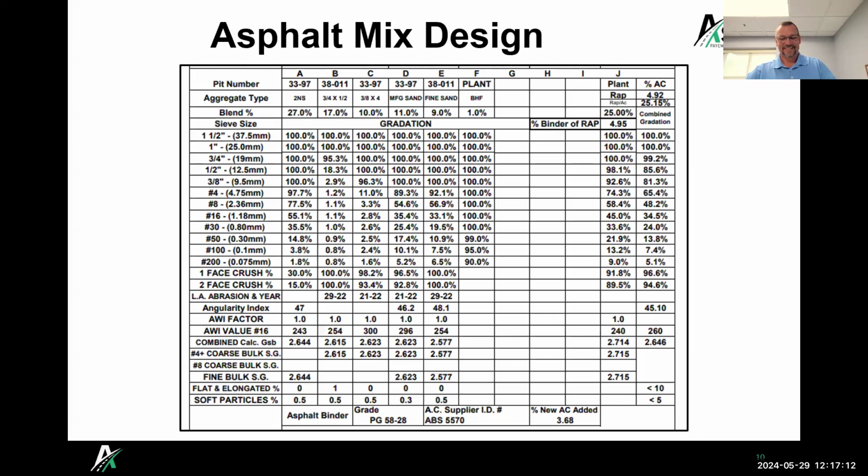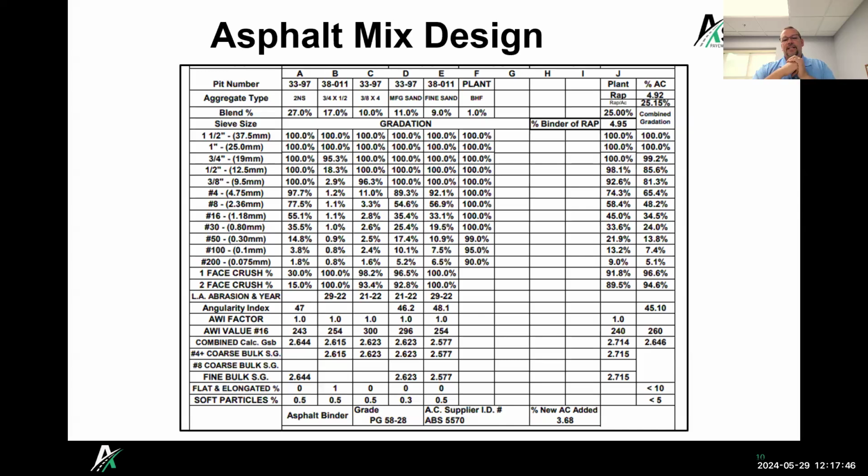All right. So I've got an acronym here. NMAS. Nominal maximum aggregate size is what we call it, and that is a way to characterize what type of mix it is. The way that you calculate nominal maximum aggregate size is it's one sieve size larger than the first sieve to retain at least 10%.